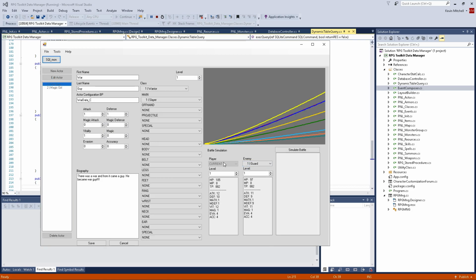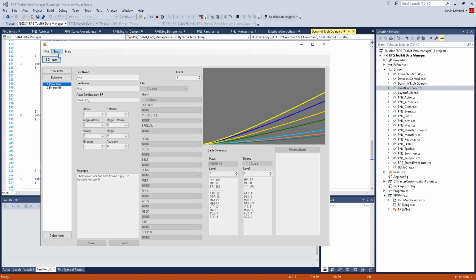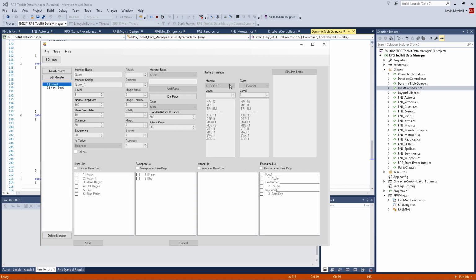Right here I do player versus enemy, but in the actual generation of an enemy, I just did enemy versus class, so I can get some general data on how the damage is going to be, because that's going to change depending on any armor type or anything that the person may have on in general. So I want to make sure that this will be okay going against a certain class type, and it won't be too overpowered, or maybe I want it to be overpowered against a certain class type,